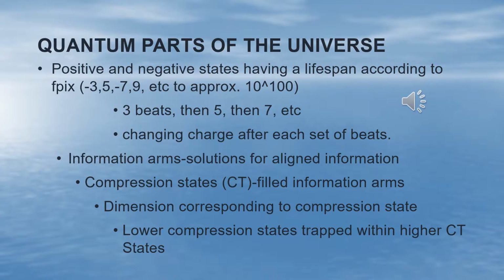Therefore, the folding of the lower information states together upon the creation of higher information states increases the number of dimensions and also traps the lower compression states within the matrix of the higher CT state. So within CT4, the state that we think of as mass, there are massive amounts of wave energy, CT3, which in turn has trapped massive amounts of CT2 photonic energy, which in turn have trapped massive amounts of CT1